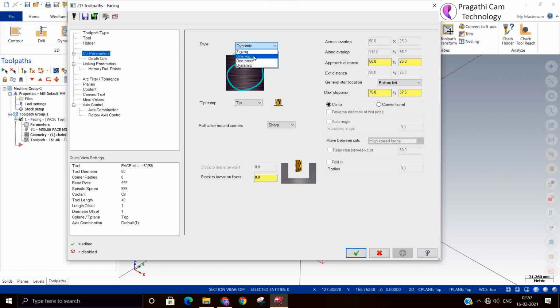So the next toolpath is the one pass. From the visualization of this image, you can see where to use this toolpath. It means the material is smaller and your cutter is bigger. If you want to cut in a single pass, you can use this toolpath. Okay, this is the one pass method.